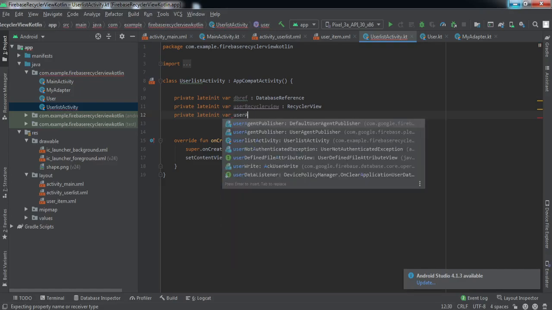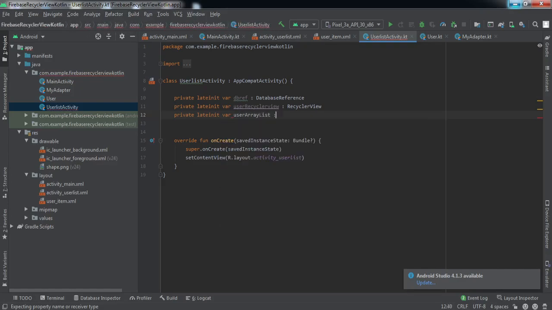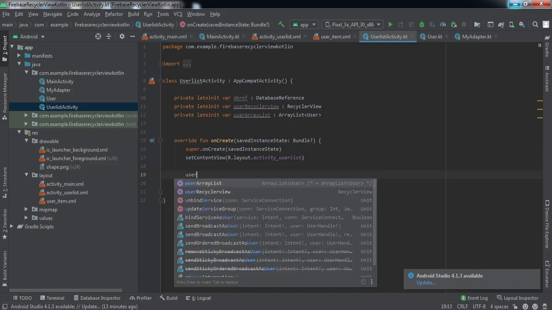Let us call it userArrayList, and it will contain the values of the User class. So let us first refer to the recycler view.